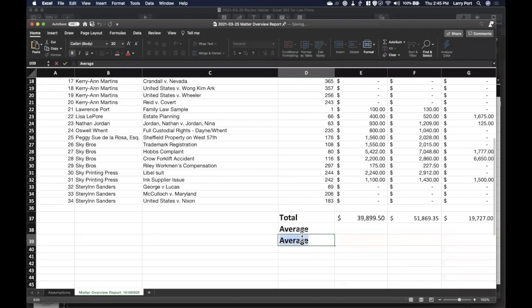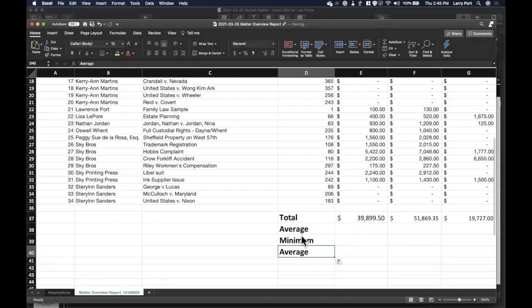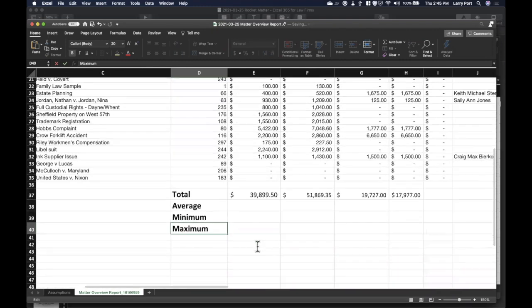What's the minimum value? And clearly it's going to be 0. And what's the maximum value? I'm just copying and pasting that word because it has juicy formatting. Now, if we know how to do the maximum value, then we can avoid the terrible fate of the lawyer who printed out the 25,000 row document and had to search through it and highlight things.